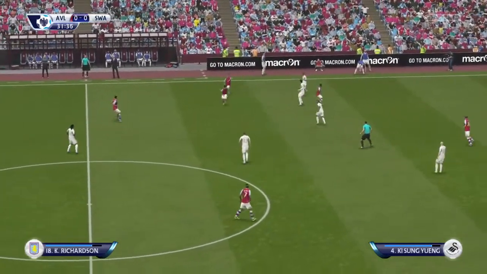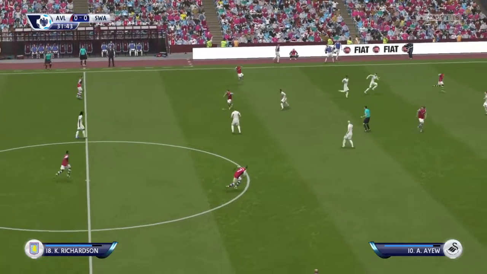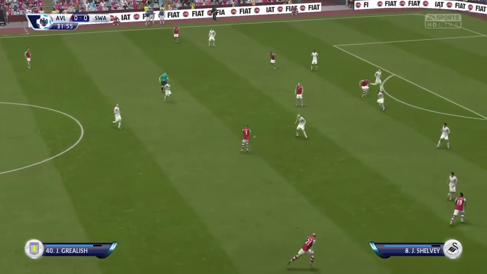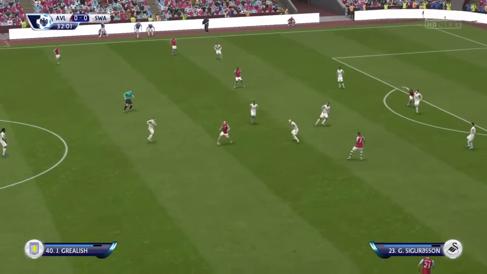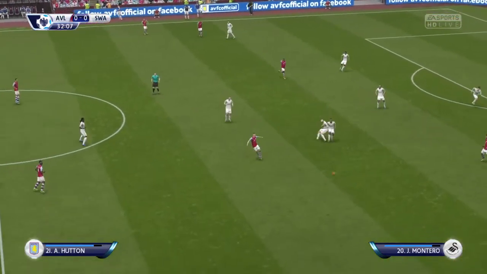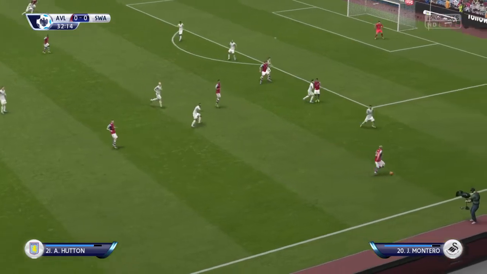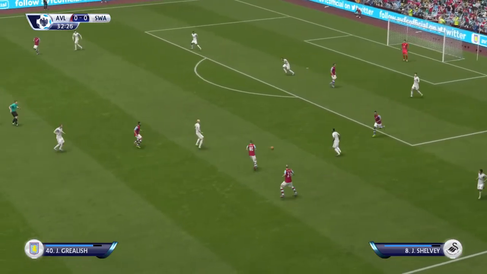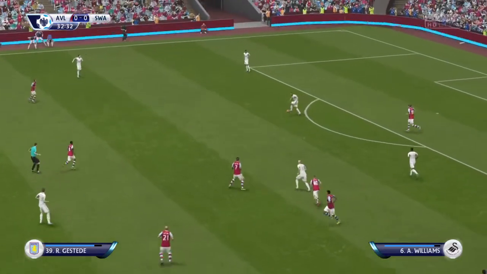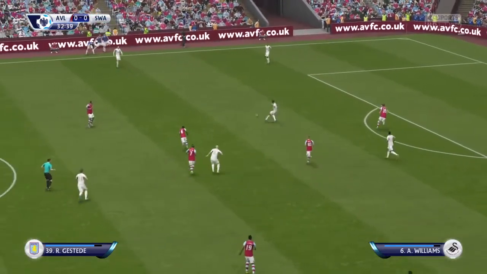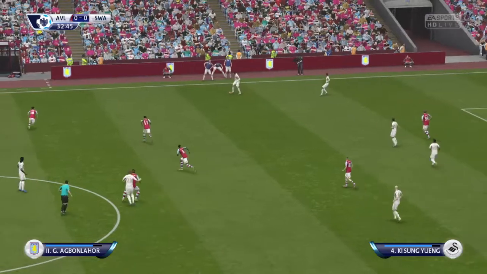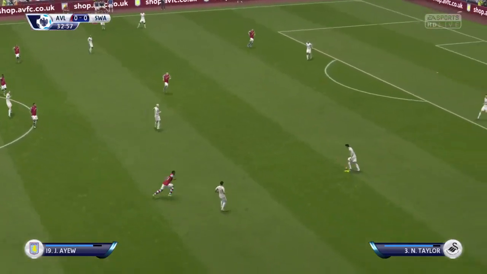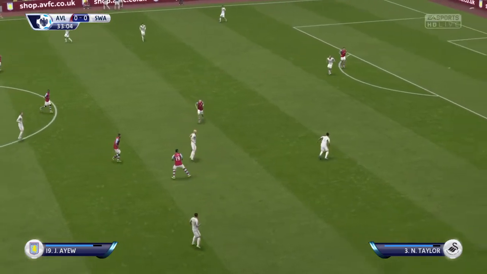Idrissa Gana Gueye. Kieran Richardson. Being moved around nicely here with this passing game. Andre Ayew. It's a diagonal ball to switch the play here.